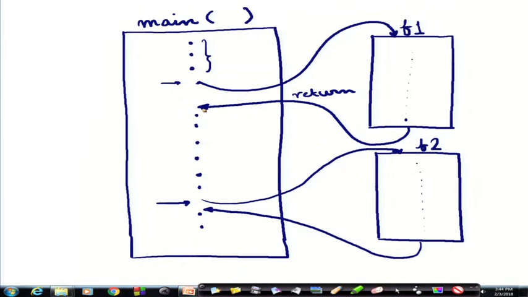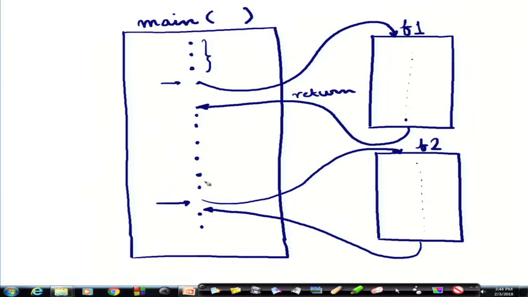It returns to the point in the main task just after the point from where it was called. So, this is the calling point and this is the return point.